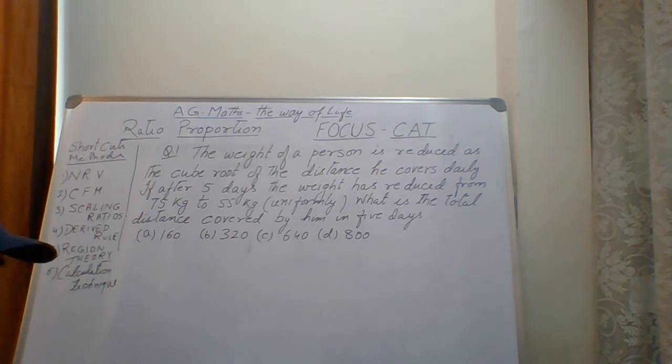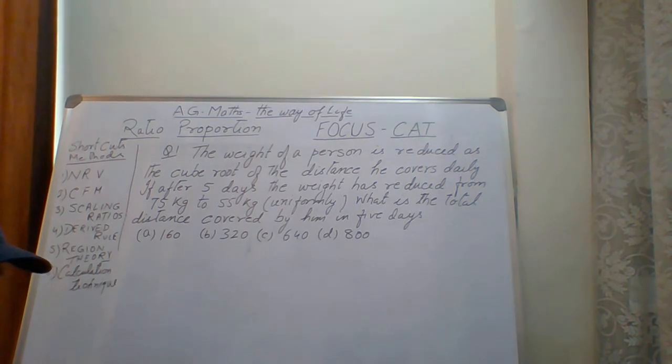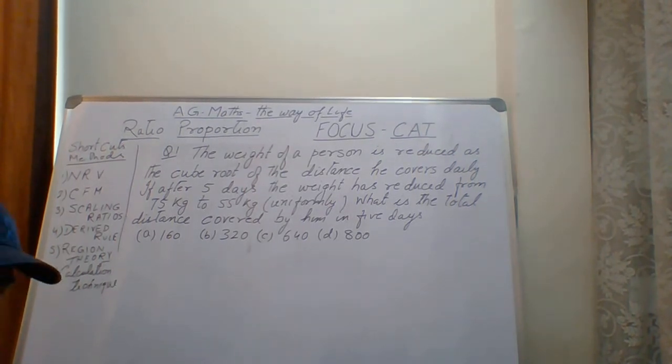So the weightage of this lecture is currently moderate, but this is important because it introduces you to as many as 3 shortcut tools. I will be introducing you through this type of lecture to 3 shortcut rules that can be used in ratio proportion questions, and the same techniques are going to be carried forward in all the forthcoming arithmetic lectures.